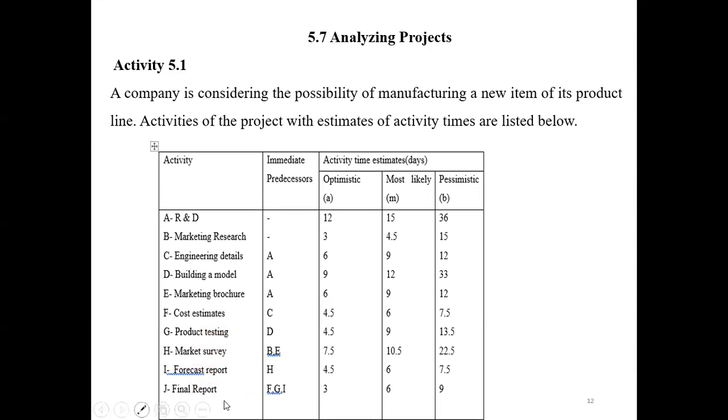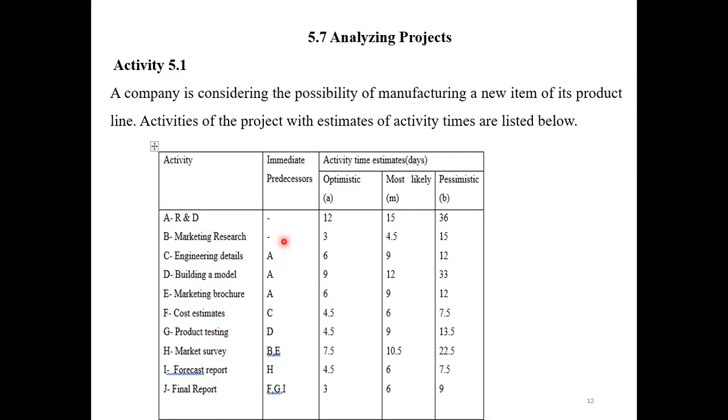Normally, when organizations do marketing for a new model, they just test sampling. Before they put it into commercialization, they do the sample survey. So sample of the product, test the product. For that, the marketing manager, that is the project, divided the project into activities to be performed to complete the project. So from A to J, there are how many? 10 items, 10 activities they have forecasted. The activity details are also given here.